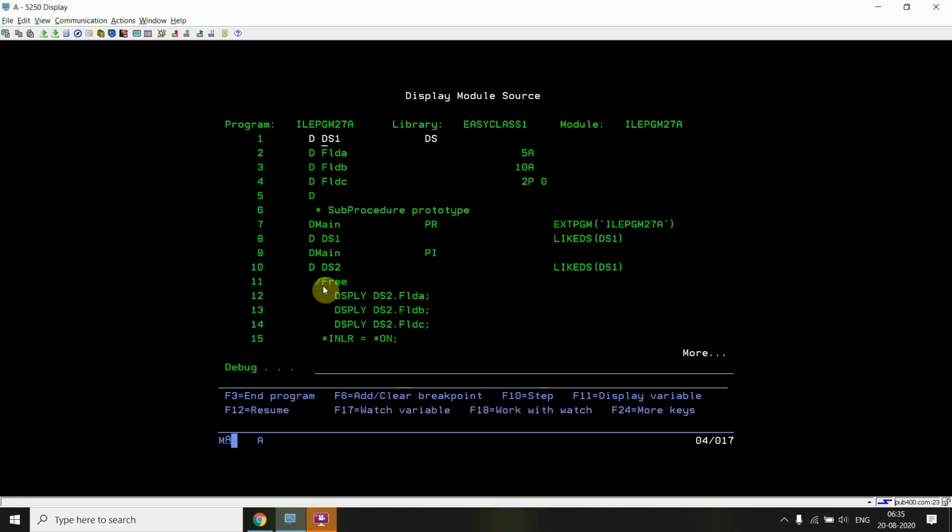We are receiving in ds2. ds2 is defined like ds1, so we don't need to define it again; we can directly define it using the LIKE DS keyword in the prototype interface. Then I'm displaying ds2.flda, fldb and fldc.